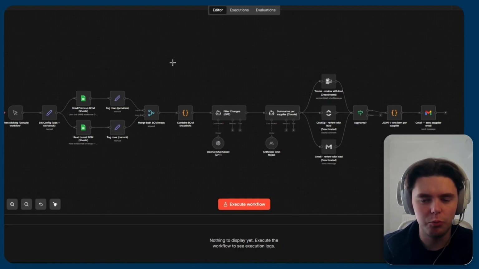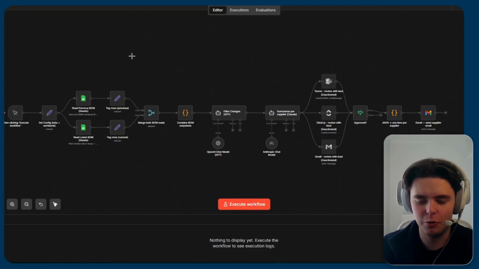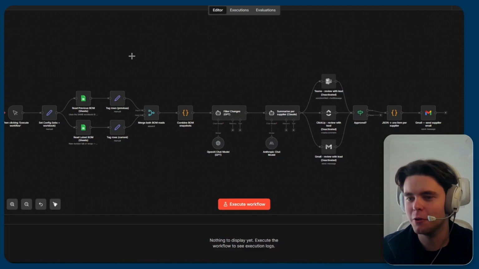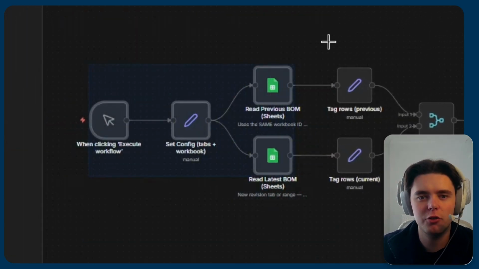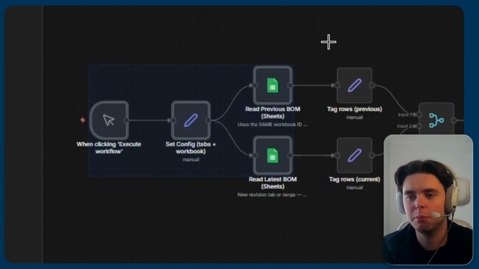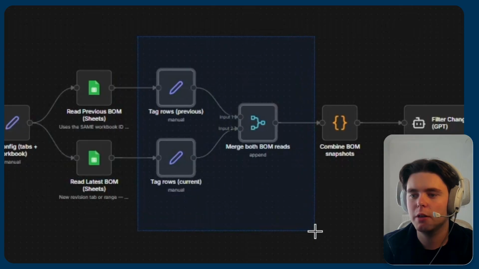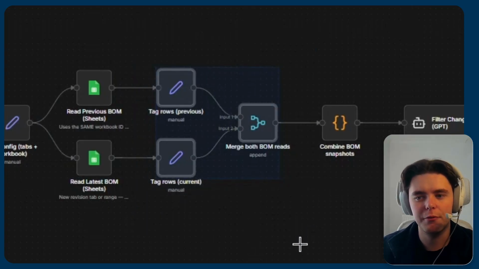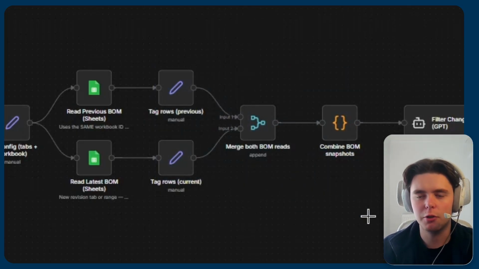So I'll walk through how the automation works. We're using N8N at the moment, so you're actually looking at each step. It's visual, so you can see how it works. It's not just a bunch of code we're staring at while I try to walk you through. So here, this section is where we store our Excel sheets, our previous BOM and our latest BOM. Here is where we merge both of them and we tag them, whether this one is the previous or the second one is the latest BOM. Here, both of them are combined, ready for a payload to go to the AI model